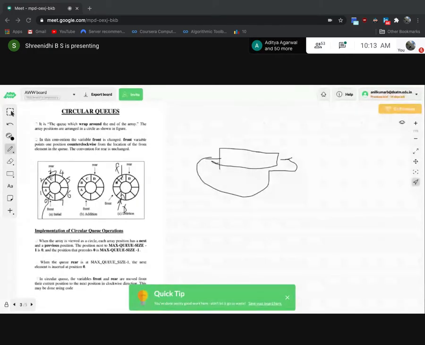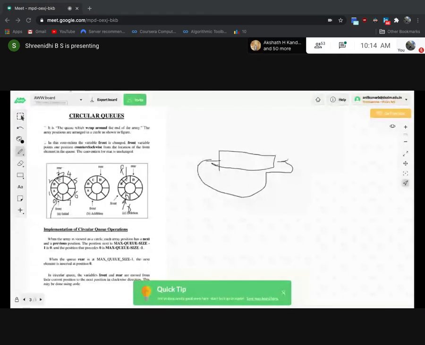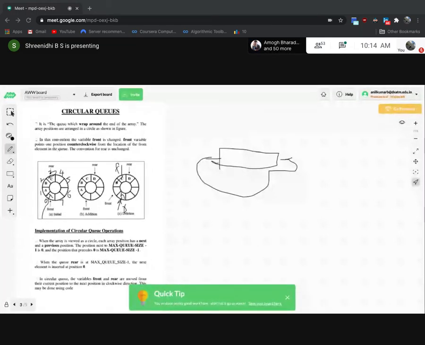After the circular queue is full, then we have deleted the data. Again, we are inserting the data. In the normal queue, it was not possible. To overcome that problem, even though the spaces are available in the normal queue, we could not insert the data. The left part of the queue is vacant over there, so we cannot insert the data there, right?